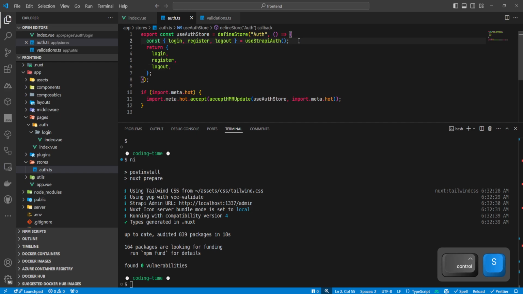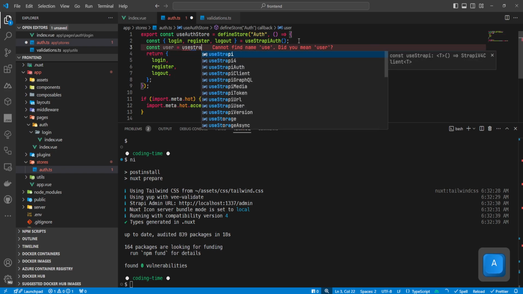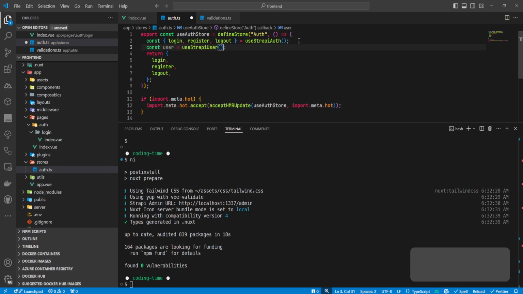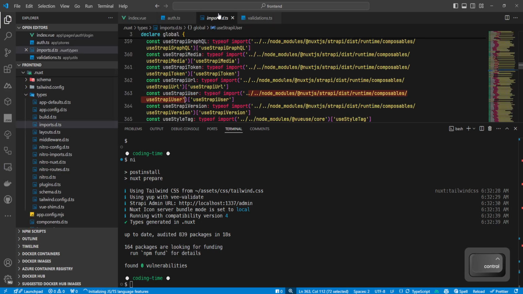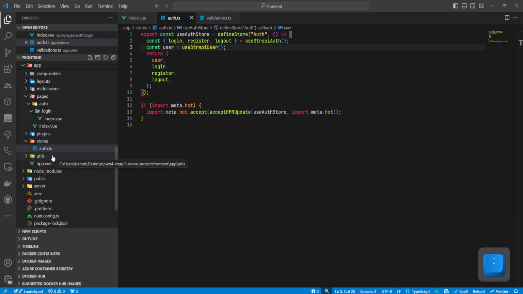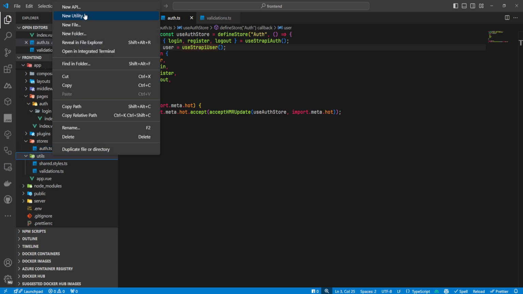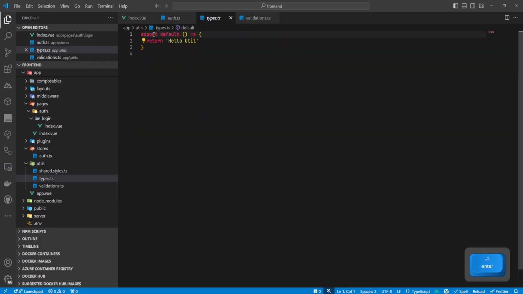The other thing we need is the actual user. So we're going to say use Strapi user, and we're going to return this user as well. Now, the type of the Strapi user, I don't like the default type that comes with the module. So what I like to do is create a type file inside of my utils